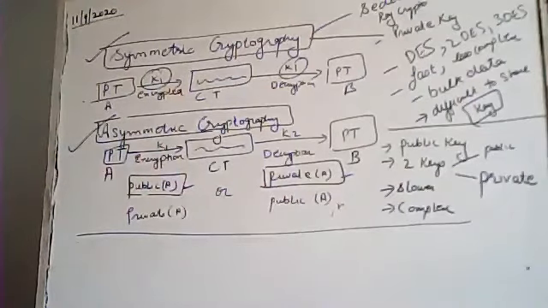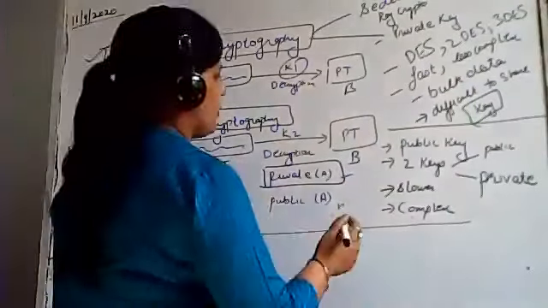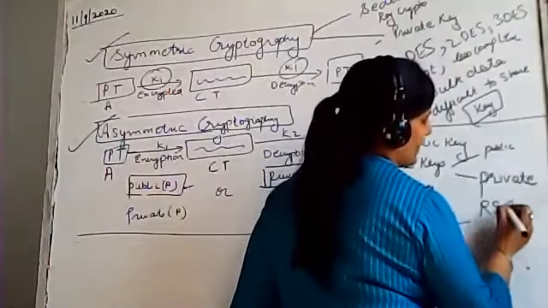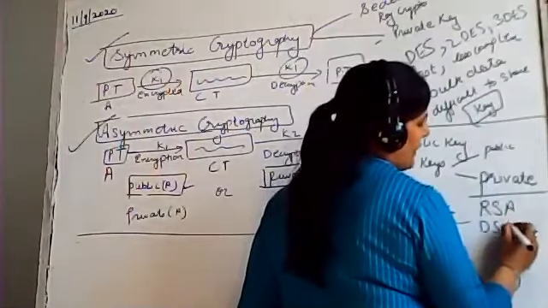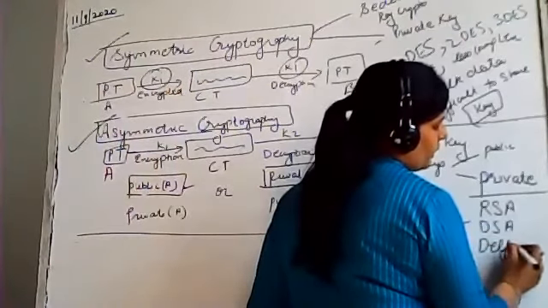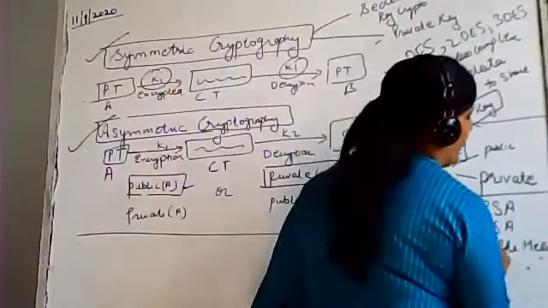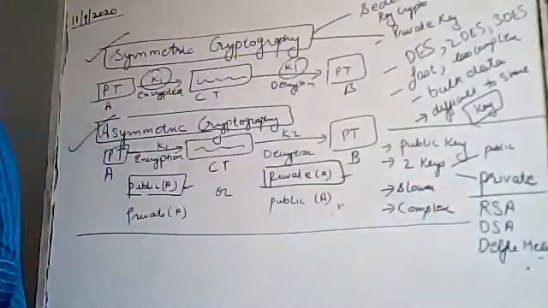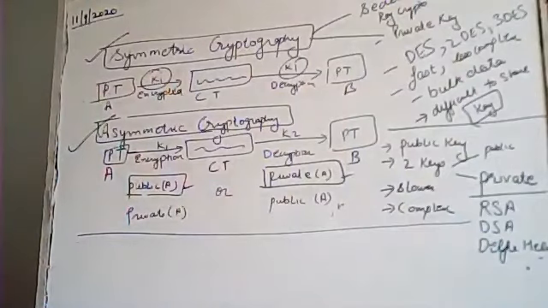We use this type of algorithm if we want a secret exchange of keys, or a secret exchange of data between two parties. Then only we prefer this type of method. Clear? Examples are RSA, which is one of the algorithms we will discuss in the next lecture, DSA, and Diffie-Hellman. All these algorithms use this type of technique. This is an important question, and many times in exams it asks you about the difference between these two cryptographic techniques.